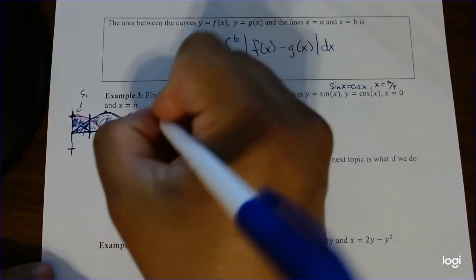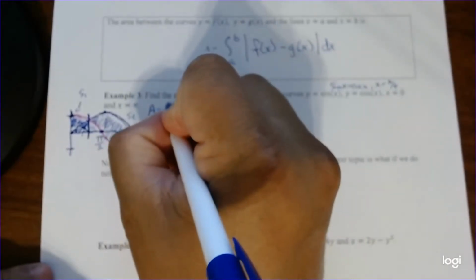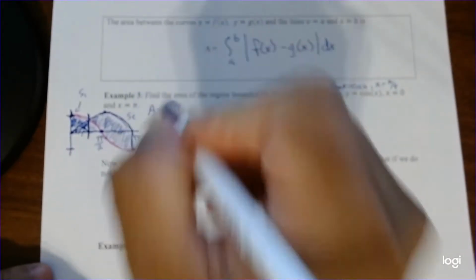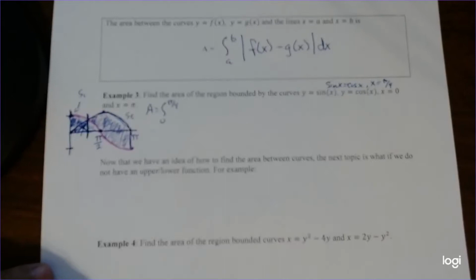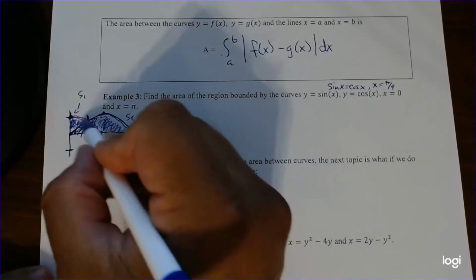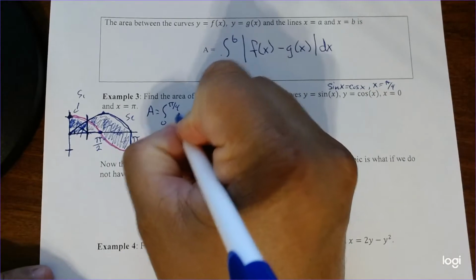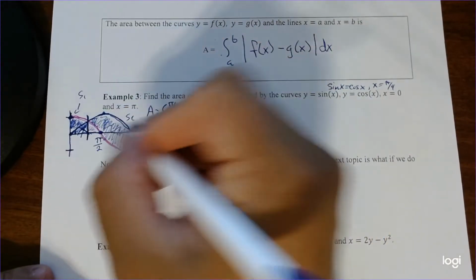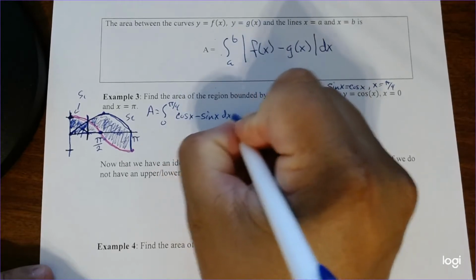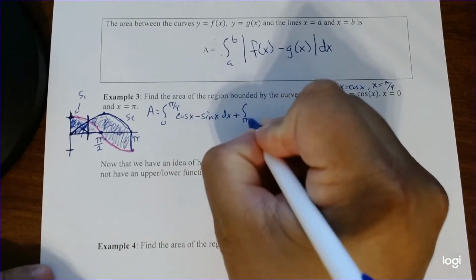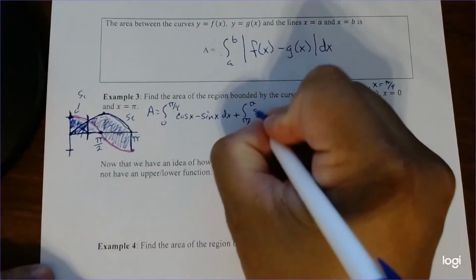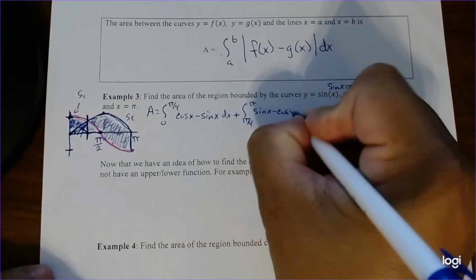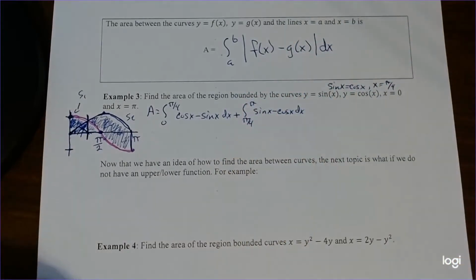Okay. So the area, as we set this up, is going to be the integral from 0 to pi over 4 of the top function. And so in this case, the top function is going to be cosine of x minus the bottom function, which is sine of x dx, plus the integral from pi over 4 to pi. And now this time, sine of x is on top, minus cosine of x on the bottom dx. And there we go. So we have to set up our two integration portions right there, which isn't too bad